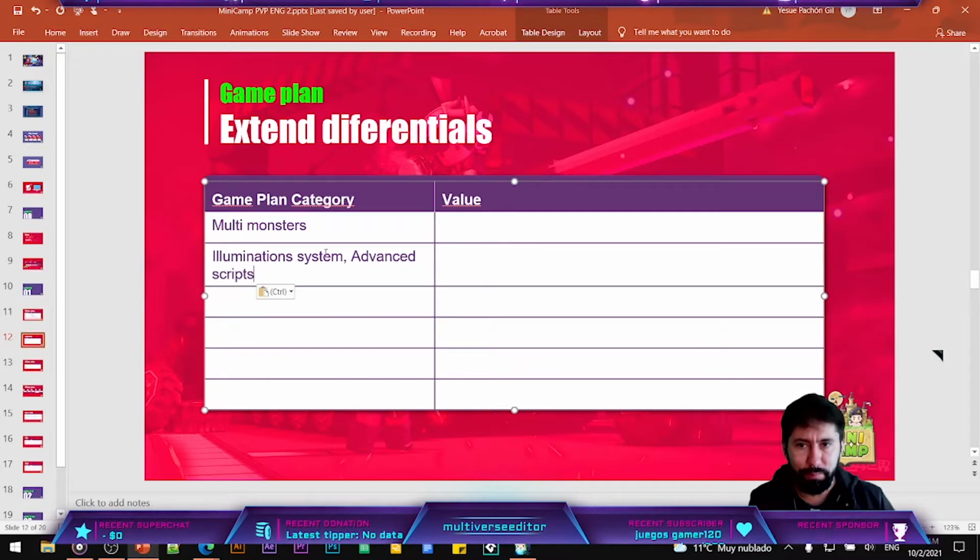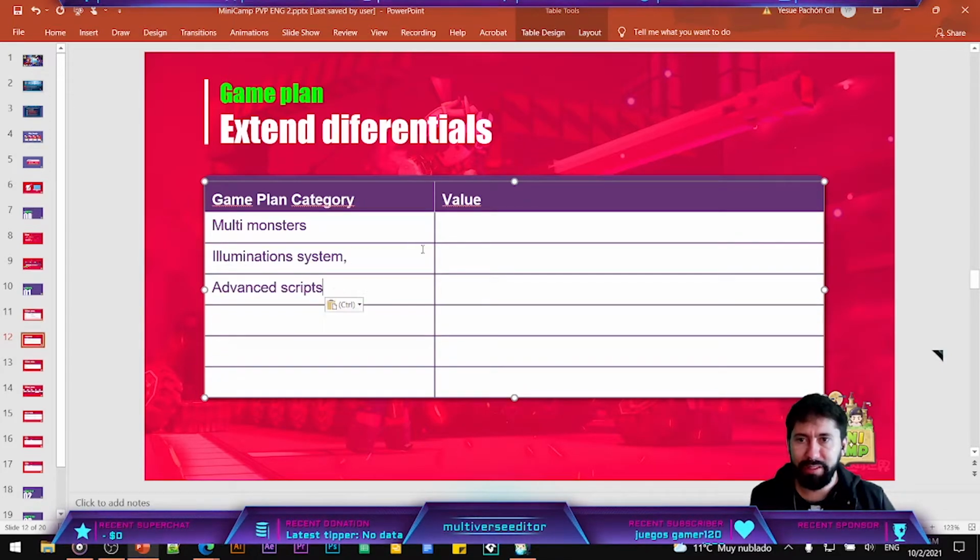I do a little bit more of a description because this will help you to have an idea. It doesn't need to be an extended description, it can be very short, but it's something that you can use to recenter yourself every time that you lose the way. As an example, you start adding more and more features and then you remember, oh, okay, but that's not my focus in this game, so I'm going to read this again and I will be able to know what is happening here, okay? So as an example, in multi-monster,